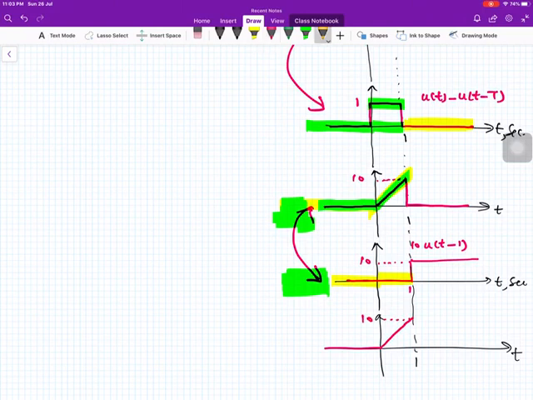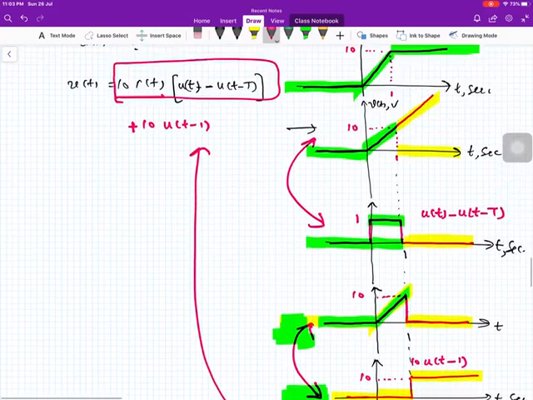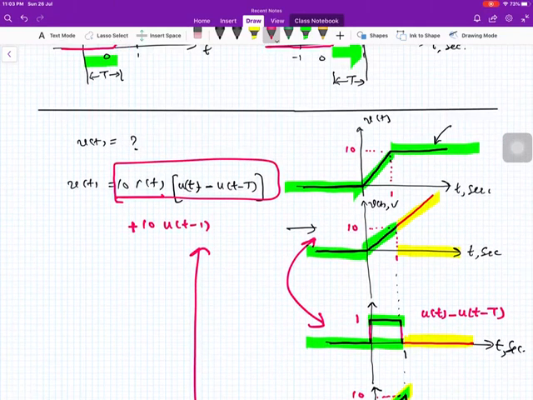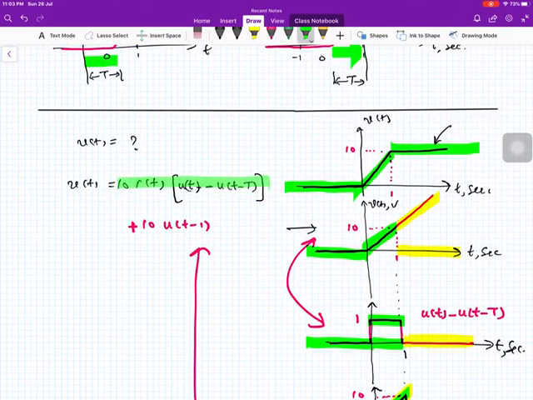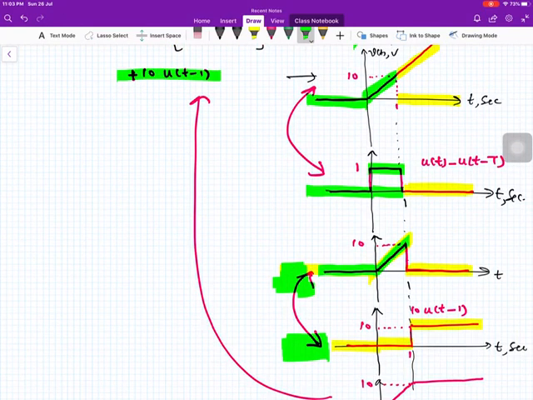And after that, when t is greater than 1, this is 0 and this is 10. Therefore, we have 10 over here. So this signal can be shown like this. So basically we have this plus this. So we have yet another representation of the same signal,